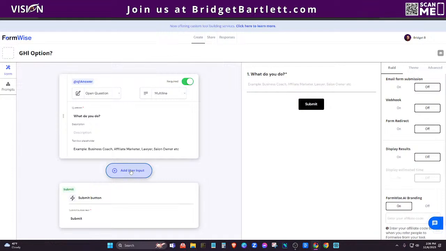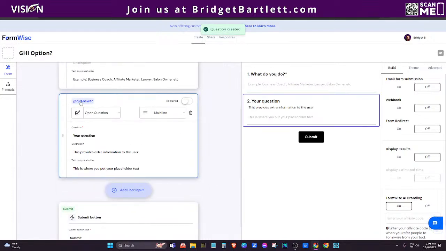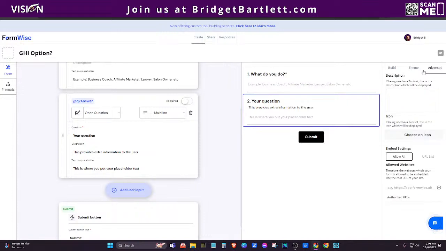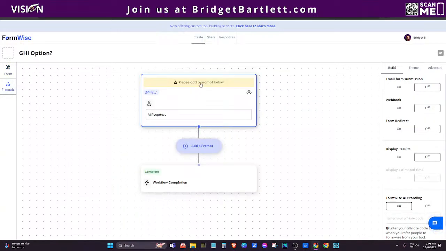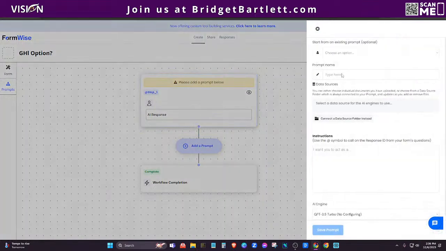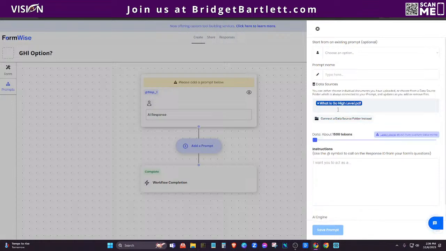All right, so I'm going to add another user input here. And you can see on question 2, we have the ability to add multiple choice or even user data source. Okay, so the user data source is actually in the prompts here. If we go here, let me remember. Oh, so this is where you would want to add your user data source. Now, I actually do have a PDF that I uploaded into the data source area. Okay,